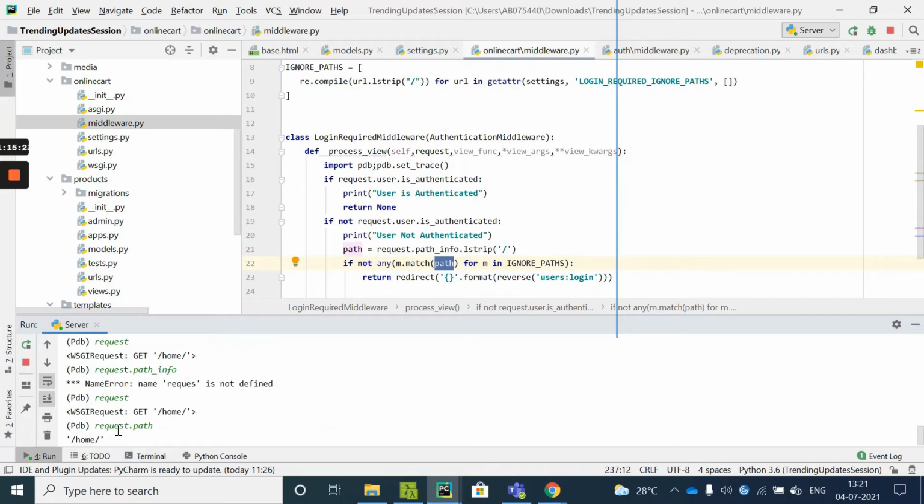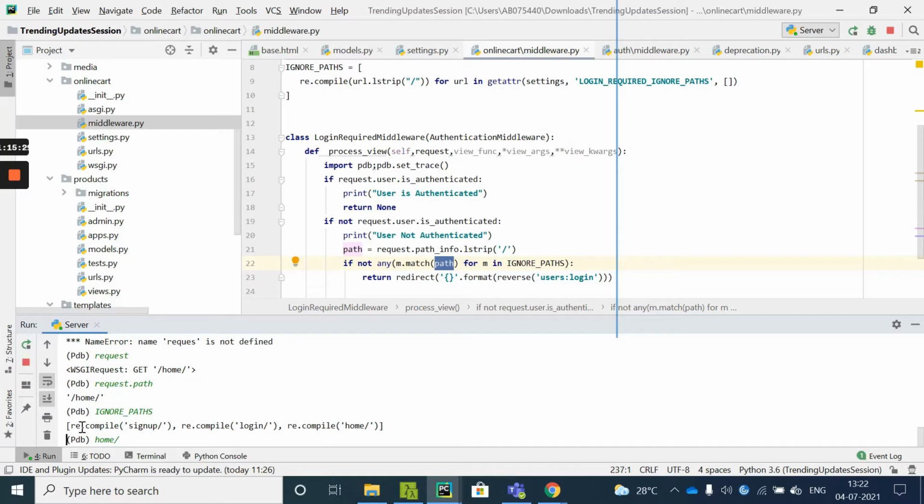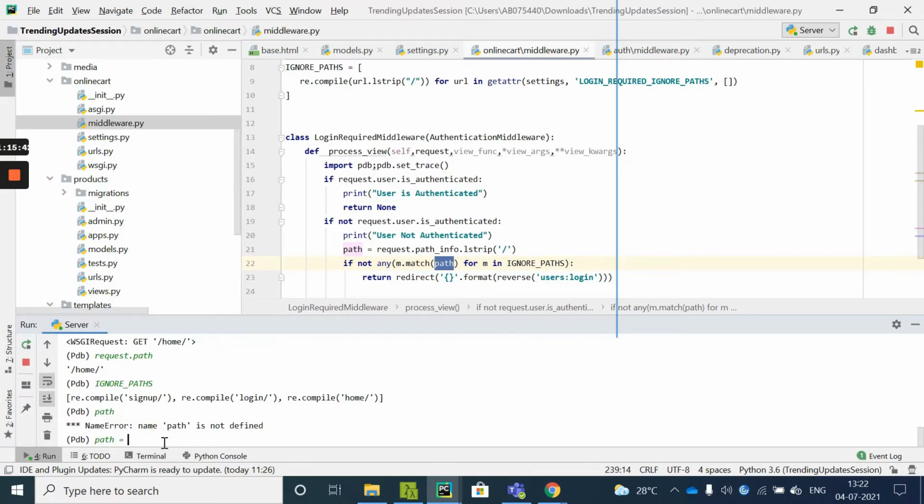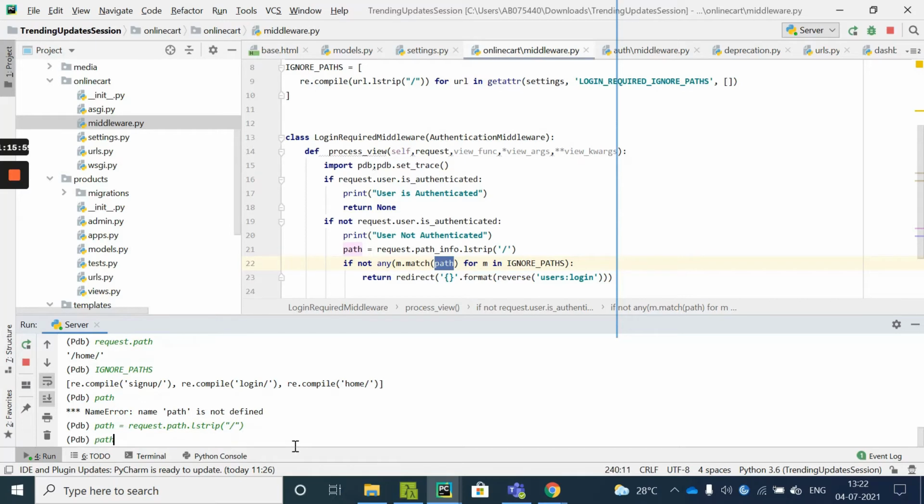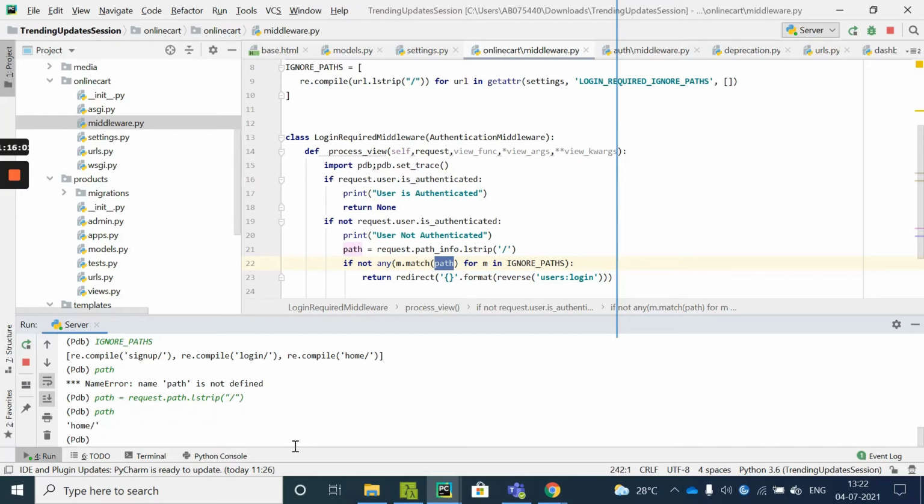Now home slash will be matched with all the URLs. Yes, this is present, right? So I'll print the path. Path is equal to request dot path dot lstrip. From the left, it is going to strip this slash. I'll print what my path is. So this is my path now. The value present inside my path is this home slash.